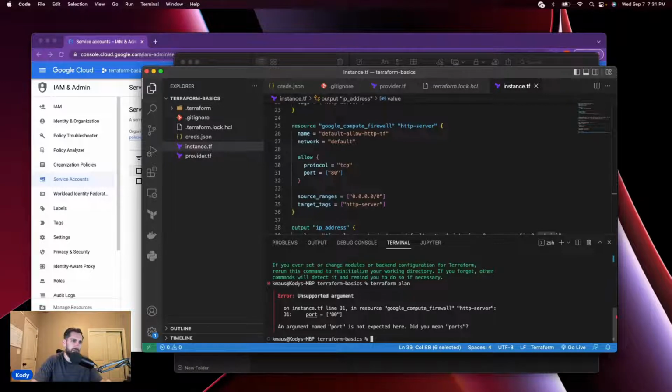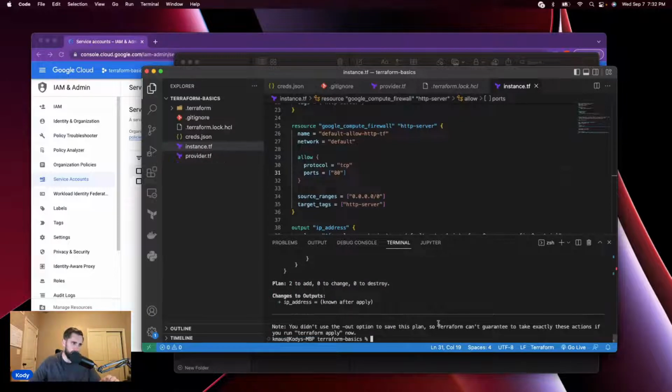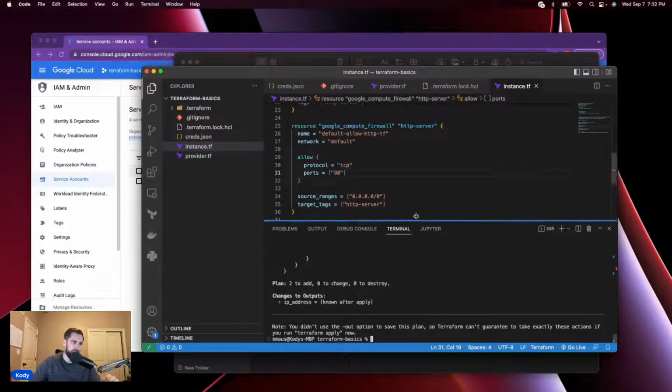An argument port is not expected here. So this also tells you if there's any error. So ports with an S, because this is a list, right? So we need to have at least one. So it's expecting a list. Line 31. Yeah, that was the right one. So we're going to run that again. All right, cool. So let's look at our